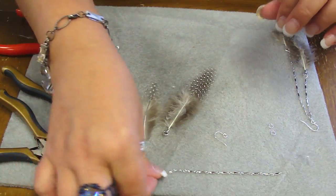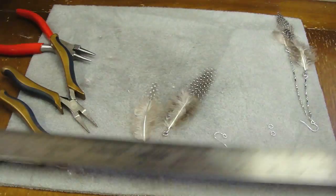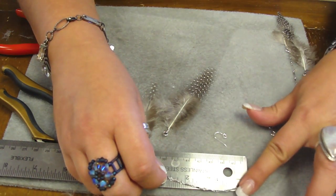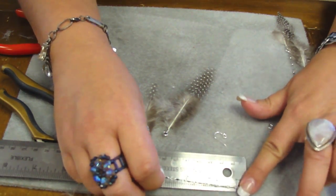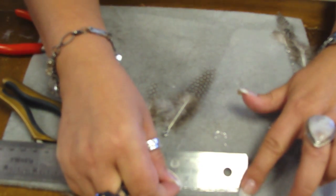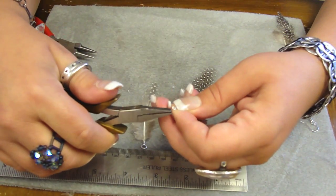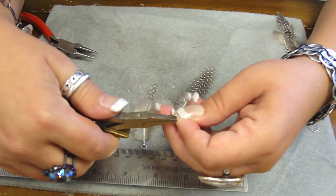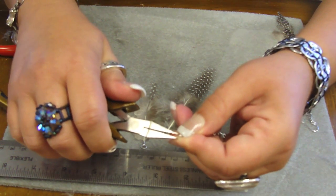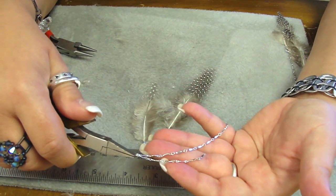Then what I want to do with the 6 inches of chain that I have is measure out 2 inches of this little chain. This chain has little links to it, so there's a little jump ring. So here's about my 2-inch mark. I'm going to take that little tiny jump ring where the links are. Like I said, this will work with cable chain or any other kind of link chain. I'm going to take that little jump ring and pull it up until we have an uneven